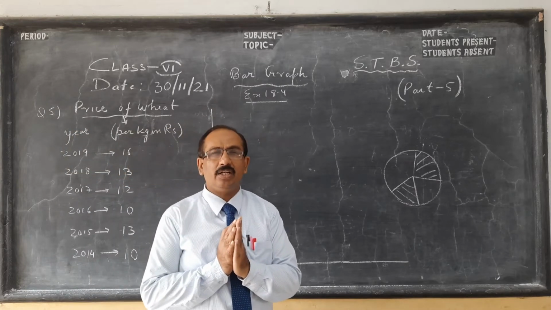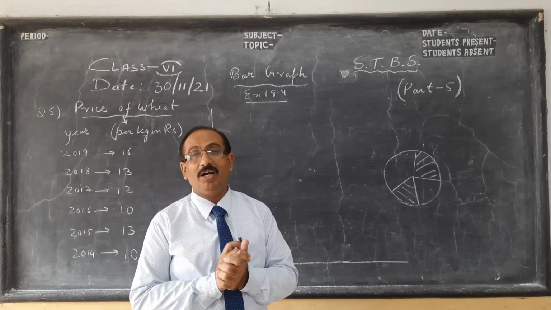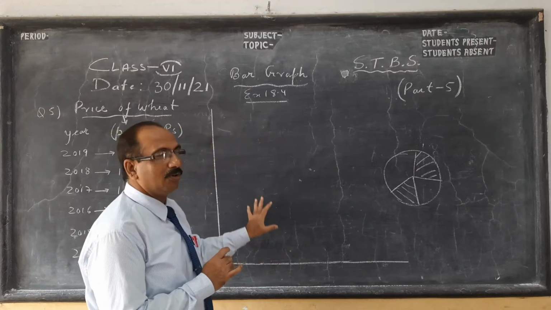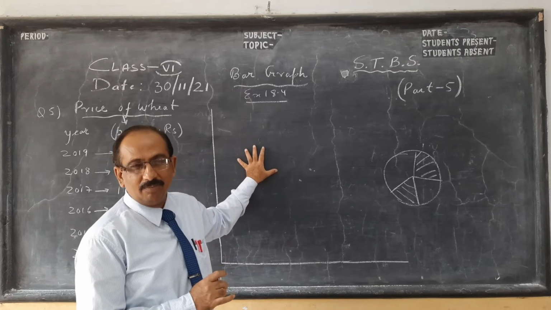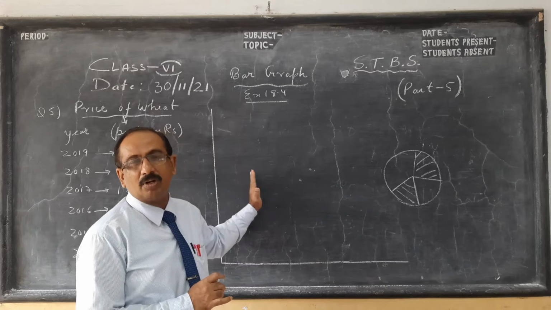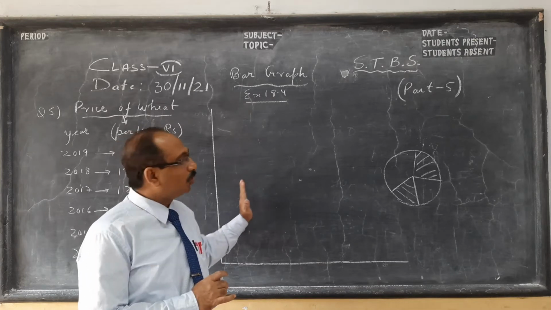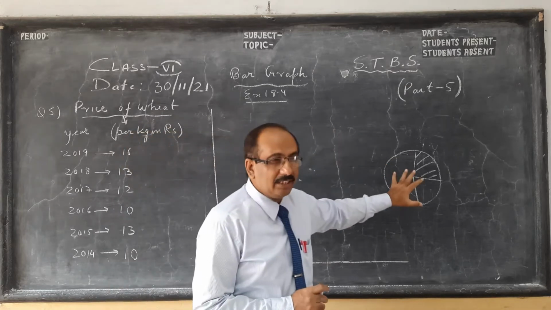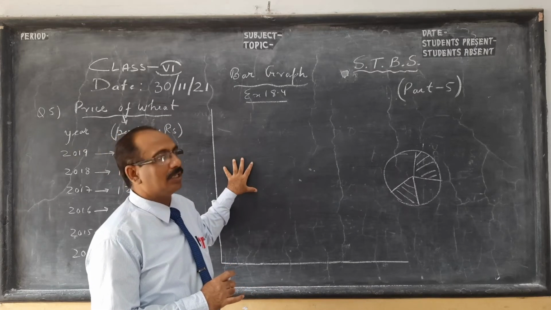Bar, children, means anything thin and long. Iron bar, chocolate bar. So bar means anything thin and long. I'll draw, and that is called a bar graph. But sometimes, children, when you join the bars, I'll show you, let me draw the bar graph, then it's called a histogram. So a joined bar graph is called a histogram. We have a pie chart and a bar graph, which I am going to teach you today.